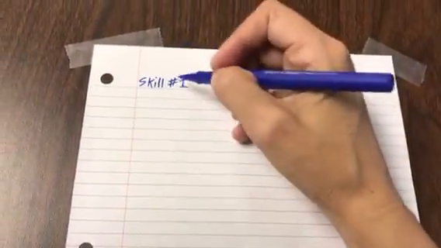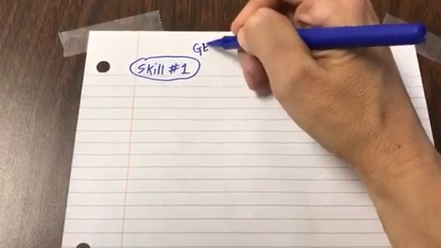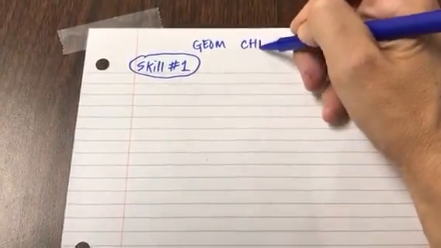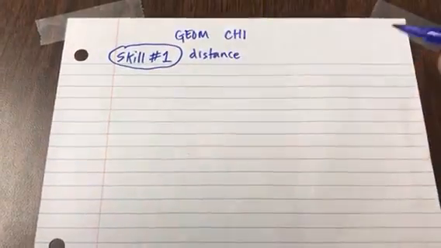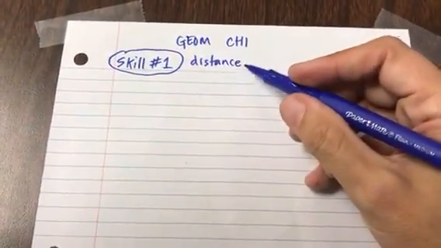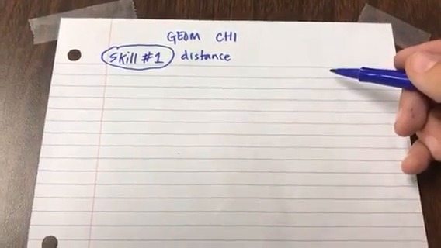Hi, this is a video to go over Skill 1 in Geometry, Chapter 1. Skill 1 is finding the distance between 2 points using the distance formula. So we know we could probably graph it and double check it using a piece of graph paper, but let's